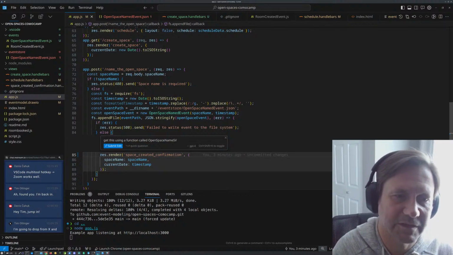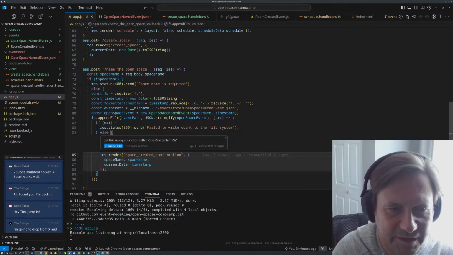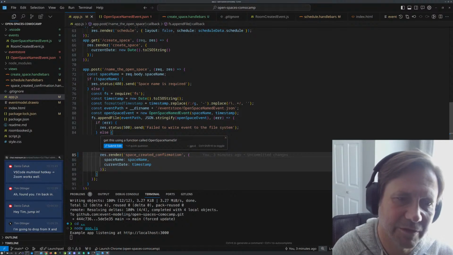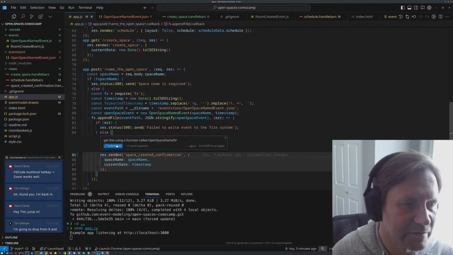I just put SV because I put C for commands and other things like that. So, or I think I had read models RM before, but state view should be fine. So let's do that.